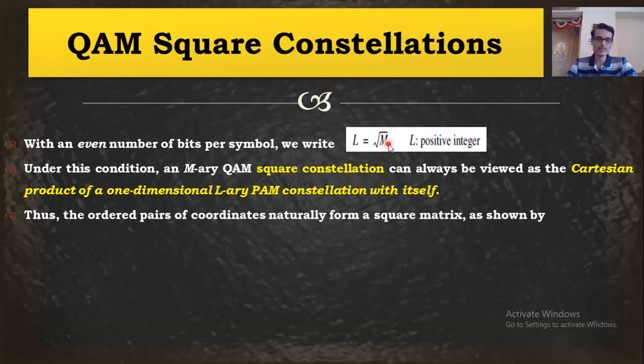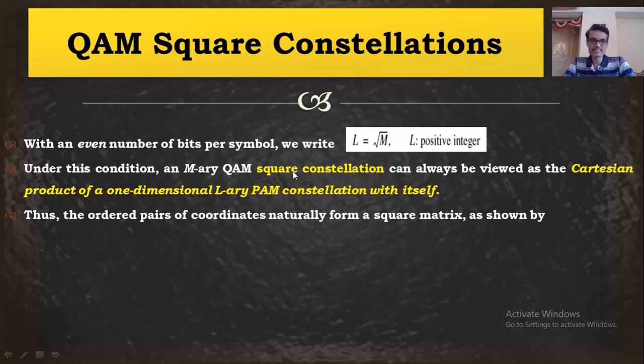Because what I'm going to do now is draw a signal space diagram, and we will decide now what the amplitudes will be for those AKs and BKs, those integers. Fine. If M is equal to 4, L equals 2. If M is equal to 8, L equals 3. So if M is equal to 4, the root of 4 is 2. M equal to 16, it is 4. M equal to 8, it is 3.